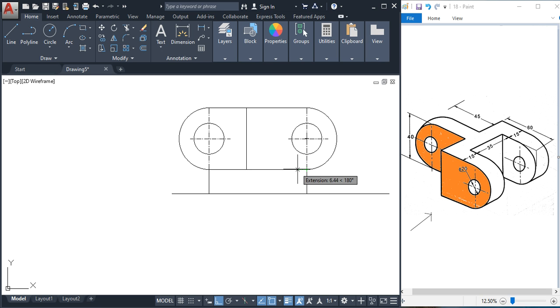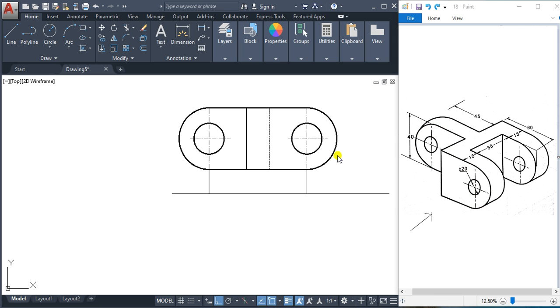So here also we'll measure 25 and draw a vertical line, and we make this line a dotted line, because when you see in this direction, this surface or this line is not visible. So this indicates the front view of this object, and we'll darken the required lines here. Like this we can draw the front view of this object.